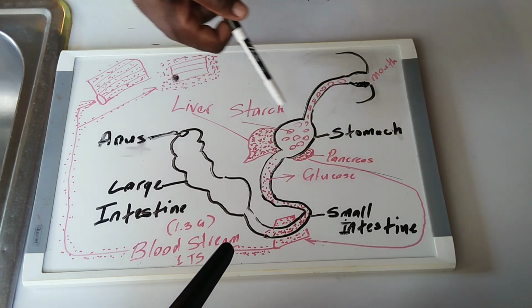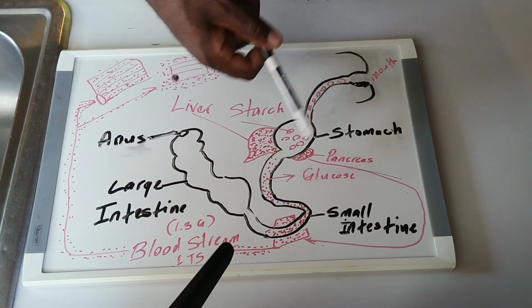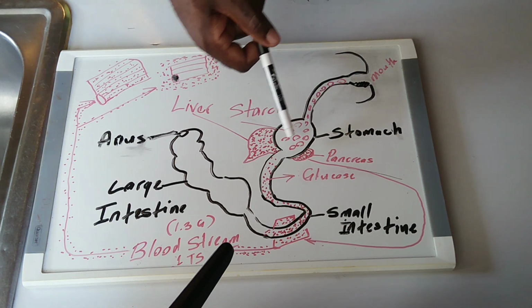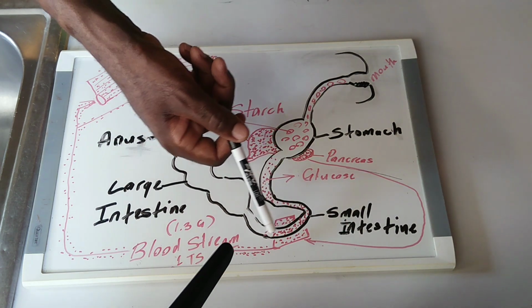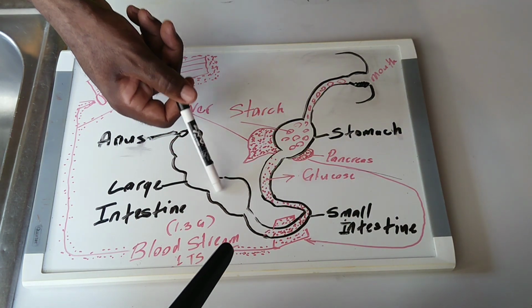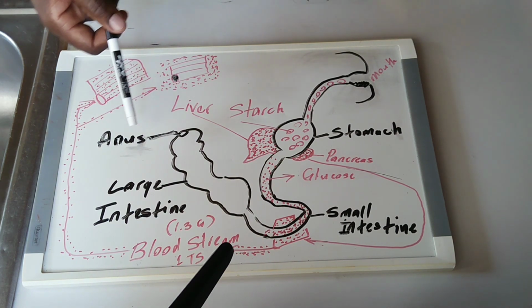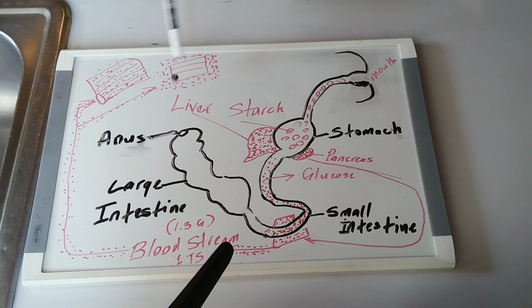And around the stomach, you can see these essential organs, which I put in red. You have the pancreas over here and the liver over here. Just below the stomach, it empties into the small intestine, and this is where all of your nutrients are absorbed. Then you come to the large intestine, and of course through the anus. So again, it starts at the mouth and ends at the anus. These are the muscle cells that I drew, and later on you will realize the importance of these muscle cells.